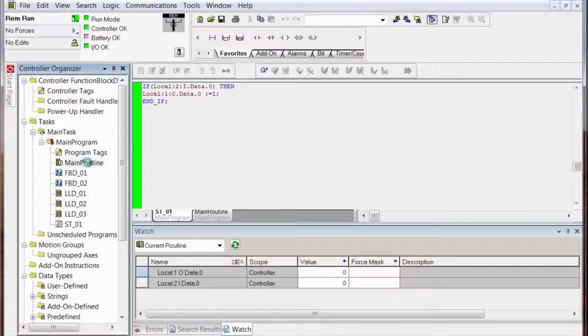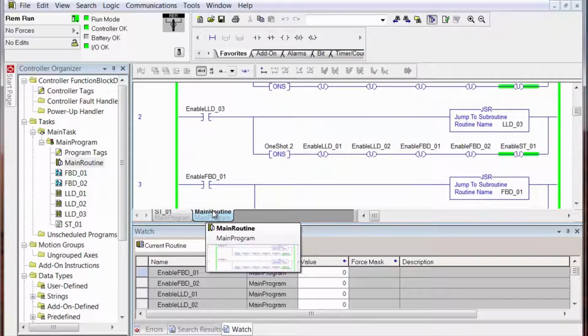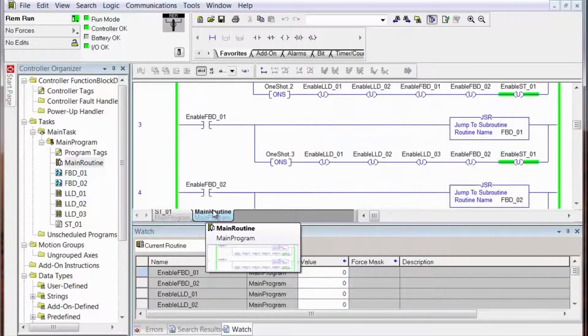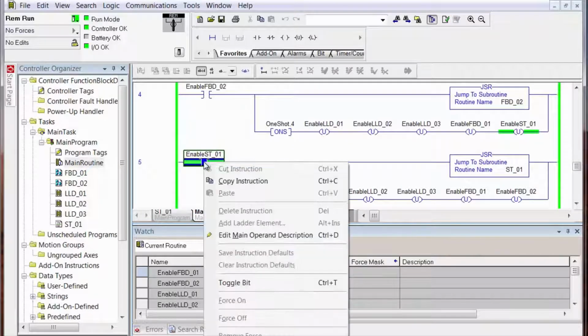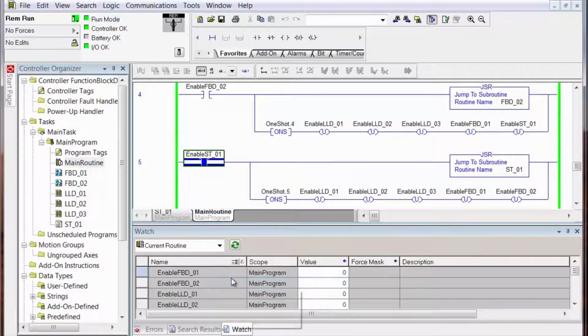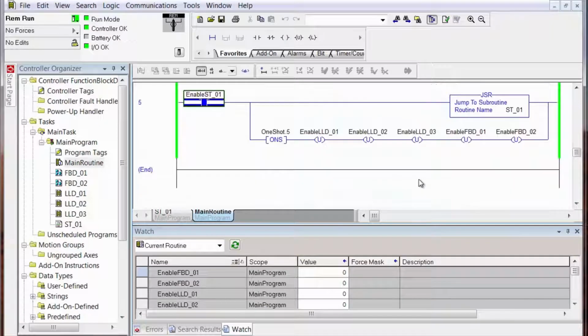If you watch this value right here when I push the button, just for grins, let's go to the main routine, and let's select, let's toggle this one off. Now none of them are selected, so we're not running any routines right now. Go back to structured text 1,